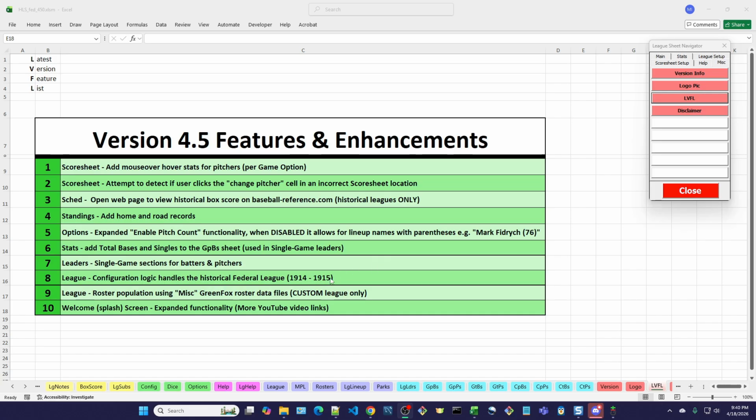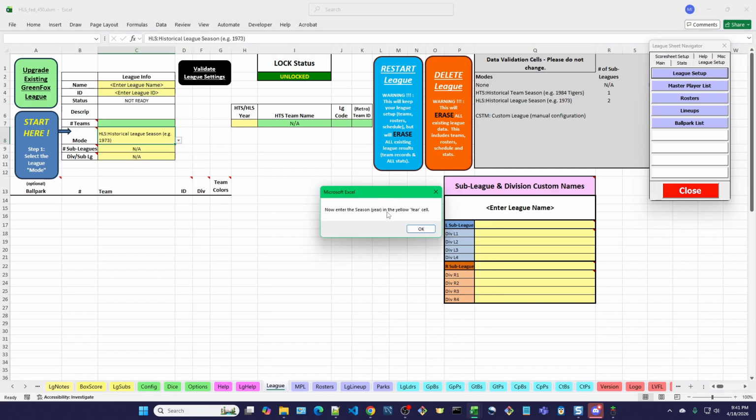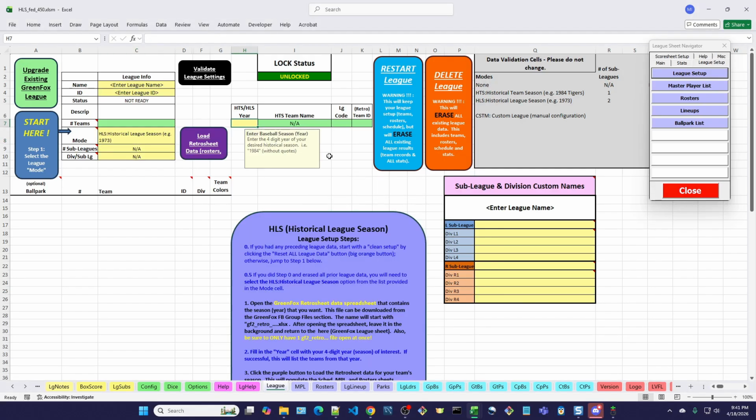So I'm going to use a new spreadsheet to demonstrate this. So let's go to a league setup sheet. And again, the Federal League is a historical league, so I'm going to pick a historical league season. When I do that, it says enter the year. I'm on the league sheet. Now, before I do this,